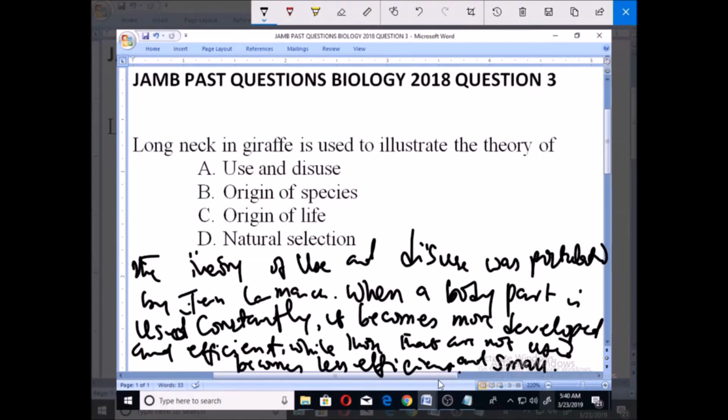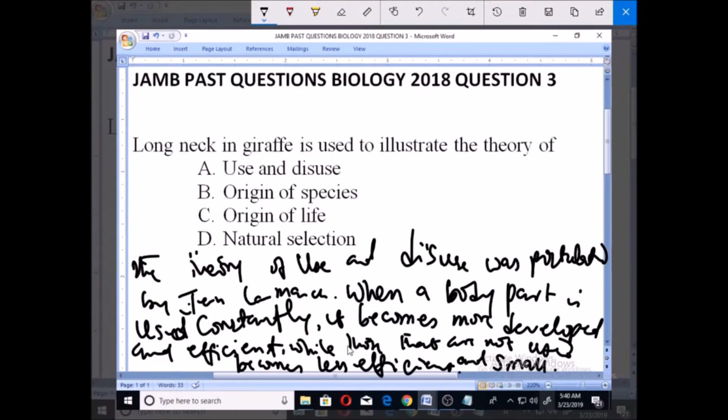So these developed traits are then passed on to the organism. So when these developed traits and efficiency are then passed on to their offspring, that's the organism's offspring. So this was actually the theory that the postulant used the giraffe as an